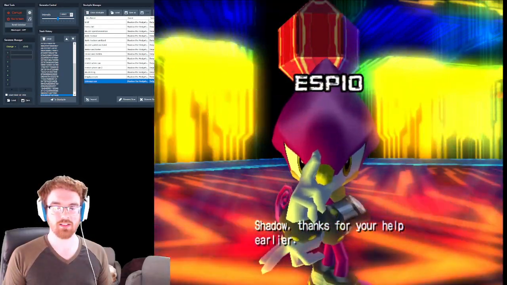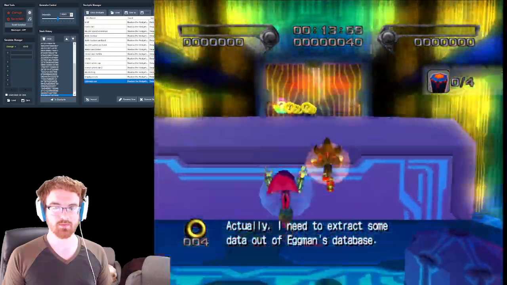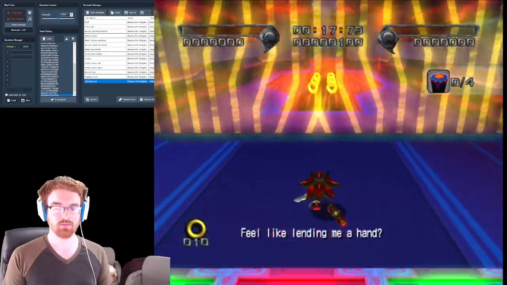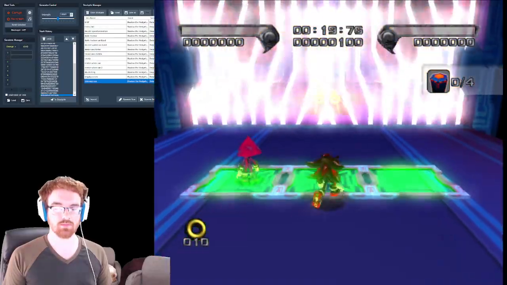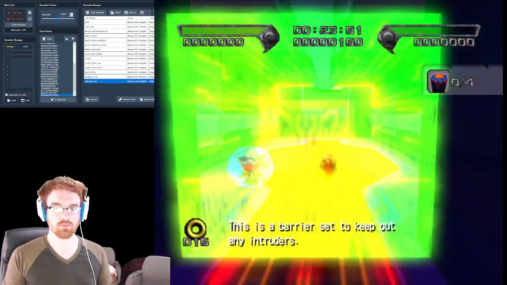Shadow, thanks for your help earlier. Actually, I need to extract some data out of Eggman's database. You like lending me a hand? Eggman, this is a character set to keep it